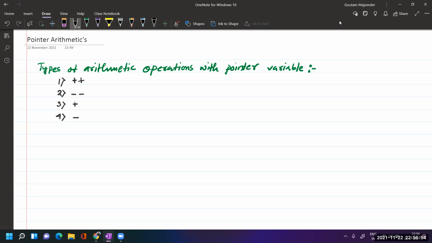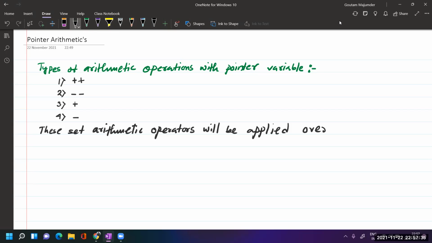To start with the explanations, rules and syntax of how such operations can be performed, the most basic and important point is that this set of arithmetic operators will be applied over a pointer variable pointing to an array.